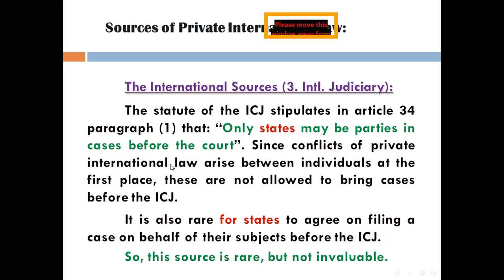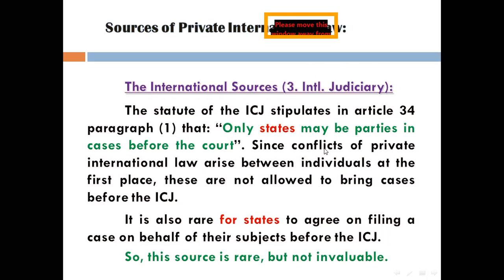Since conflicts of private international law arise between individuals in the first place, these are not allowed to bring cases before the ICJ. احنا الان نتكلم عن الانترناشونال جوديشيري، القضاء الدولي كمصدر من مصادر القانون الدولي الخاص. عشان هيك ما تروحش تدور على شغلات متعلقه بالقانون الدولي الخاص في احكام محكمه العدل الدوليه، لانه محكمه العدل الدوليه متاح بس للستيتس انه يكونوا اطراف فيها. عشان هيك نادر جدا انك تلاقي قضايا امام الاي سي جي بتخص البرايفت انترناشونال لو، لانه مسائل البرايفت انترناشونال لو